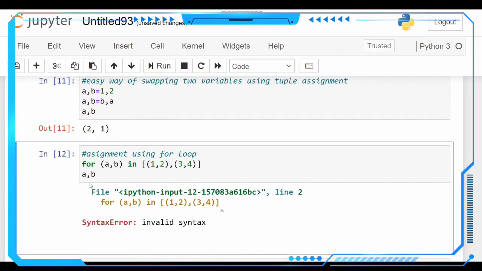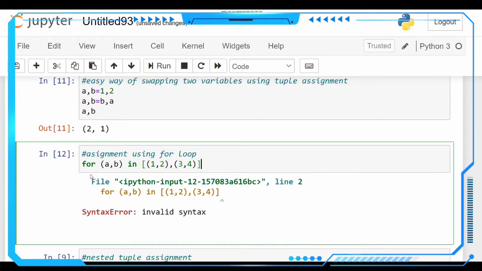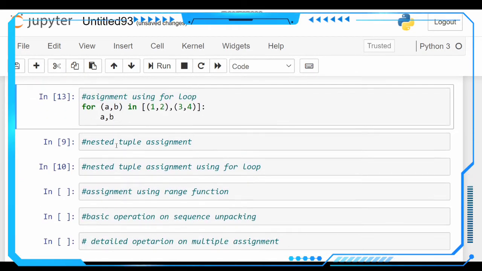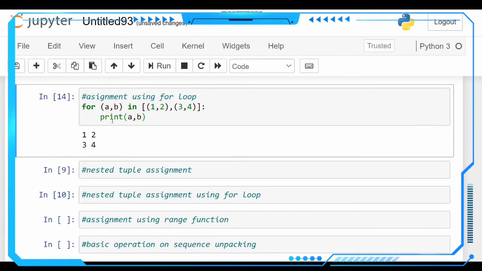Invalid syntax. Okay, we are not giving that indentation here. Okay, let's take this. It is not printing anything. So just print these values in the for loop, a, b.